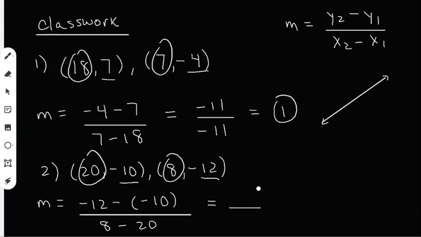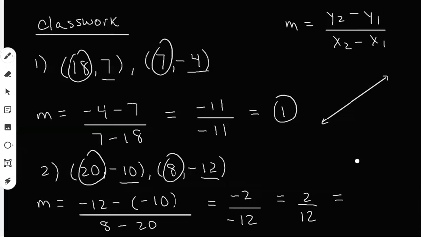Okay, so on the top of the fraction, I have -12 minus a -10. That's a double negative, so it's actually a plus. I'm going to get -2 on the top. In the bottom, I have 8 minus 20. That's going to give me -12. Since I have a negative on the top and I have a negative on the bottom, if I divide negative by negative, I'm going to get a positive answer. So I can cancel out the two negatives,